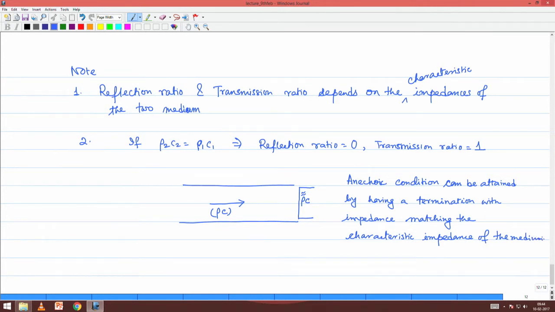And this is a very crucial logic, that whenever you have an impedance match, there is no reflection or anechoic condition. If you look carefully, all the studios around you have specially designed walls. These are perforated walls, and behind these perforations, as you see with your naked eye, there are absorbing materials. So, the purpose is to get to an anechoic condition.